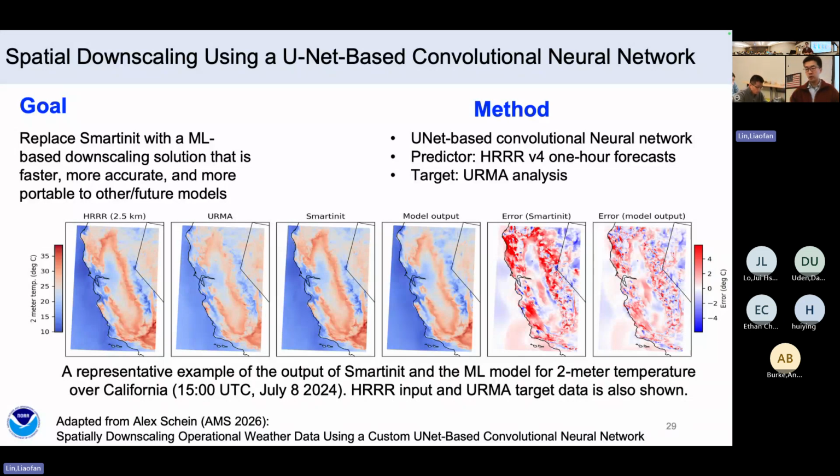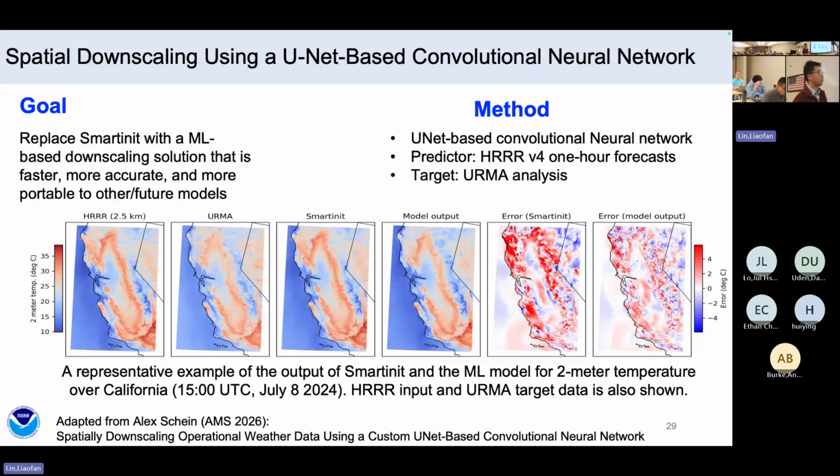Here, we use a UNet-based convolutional neural network, and we use the HRRR 1-hour forecast as the predictors, and we use the URMA as the target or reference. URMA stands for Unified Real-Time Mesoscale Analysis. And in the figure in the middle, I'm showing examples of 1 hour and demonstrating how the